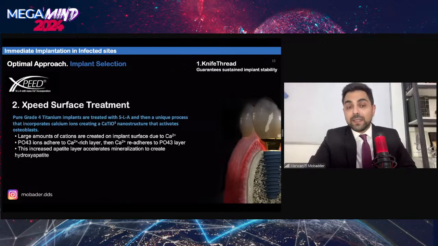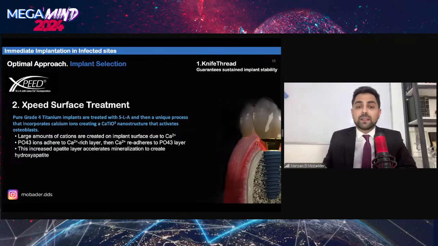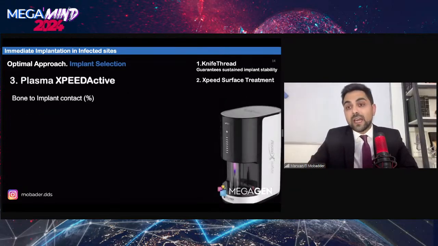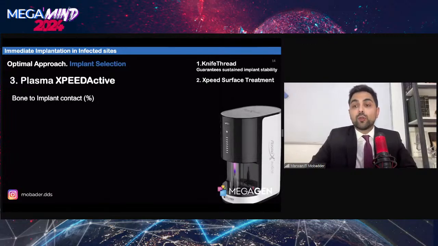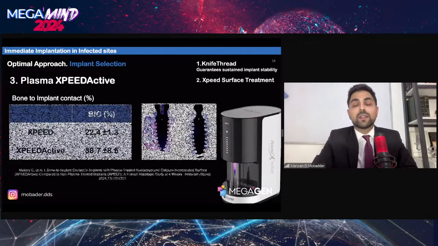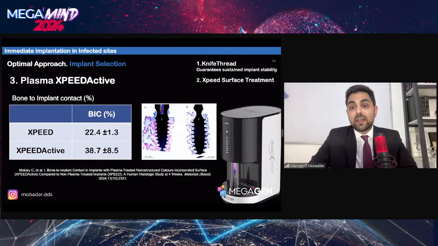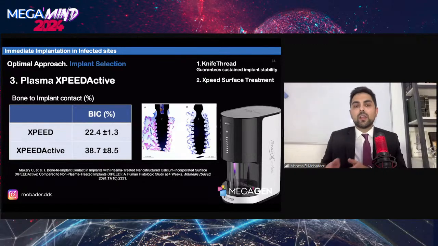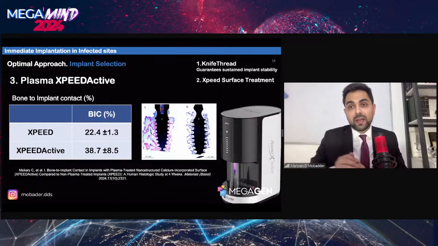Also, because of the X-speed surface treatment, and also based on studies, we can see that this treatment, rich in ion calcium composition, will accelerate the mineralization to create hydroxyapatite. And finally, if I really want to suggest an optimal approach, I will suggest using the plasma X motion from MEGA'MIND, because based on a recent study conducted by Makari et al., we can see that after using the plasma X, there is a significant increase in BIC. So again, we are trying to compensate for the low BIC that we can have from doing immediate implantation in infected